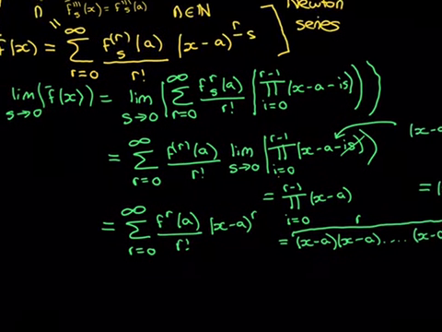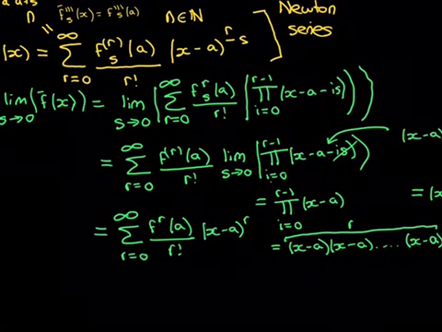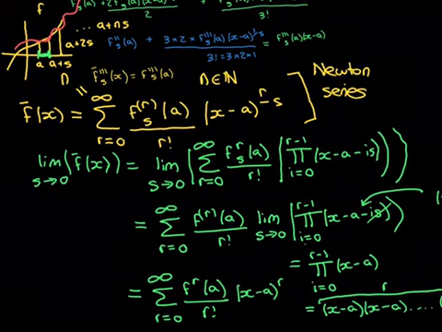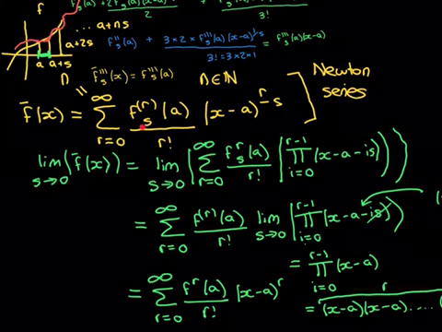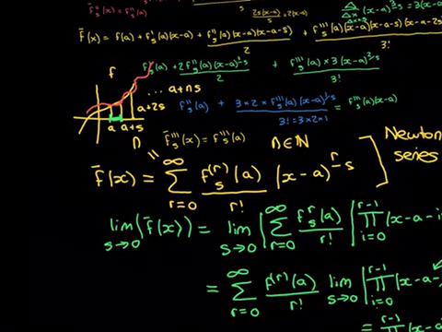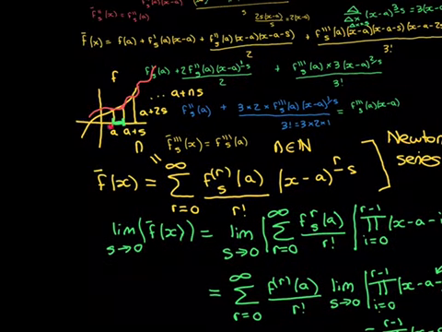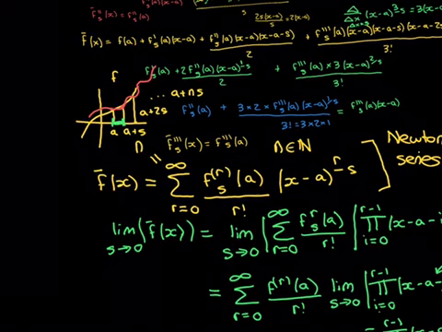That is where the Taylor series comes from. It comes from this Newton series, which is from the finite derivatives as you take the limit, as you make s smaller and smaller, and what does the series become as you do that? As you take the limit as s approaches 0, it becomes the Taylor series. And I hope that makes sense, effectively what it's doing. If we make s smaller and smaller and smaller, the gaps are going to become smaller and smaller and smaller, and therefore you can imagine that this approximation function has to become more and more accurate, because with the Newton